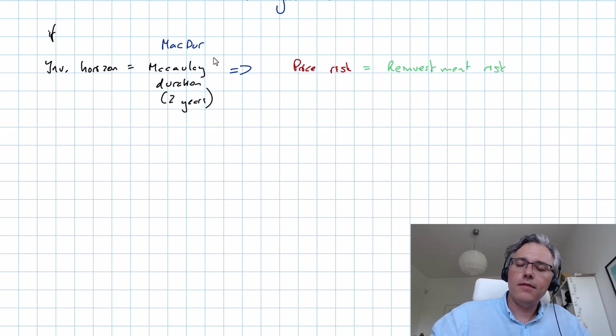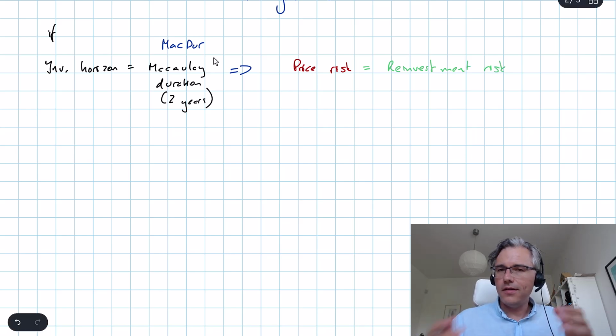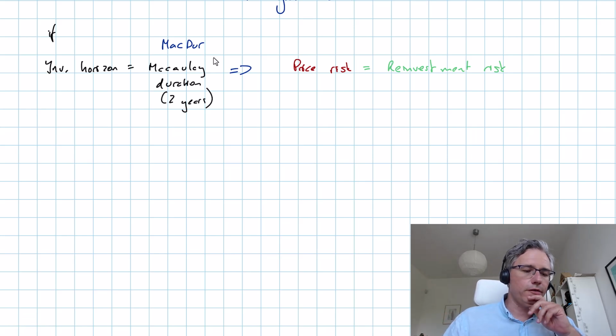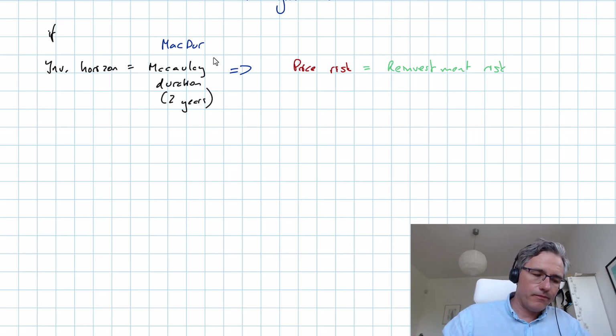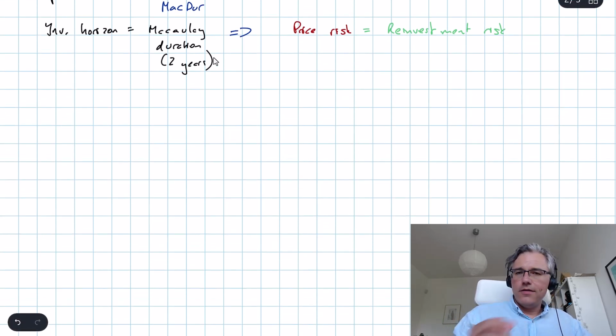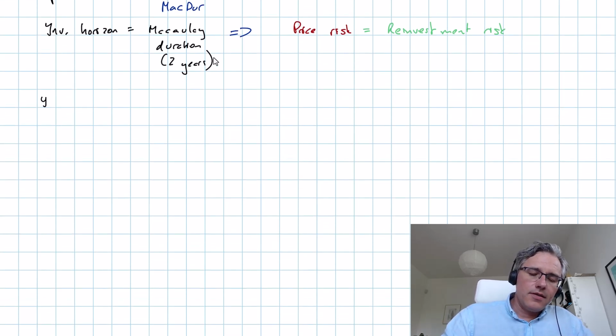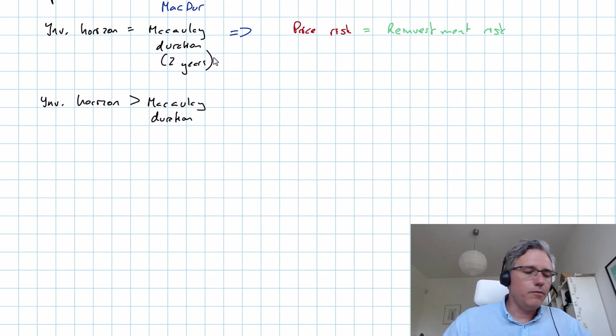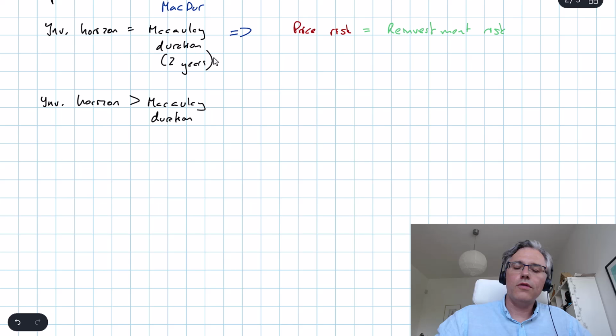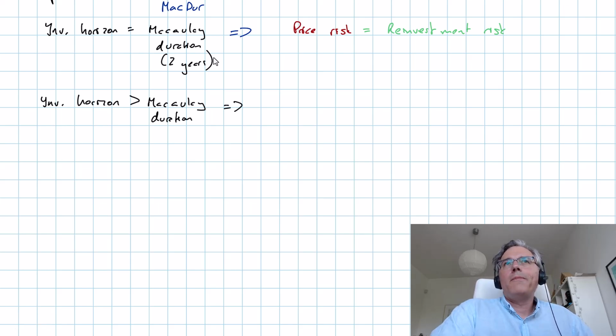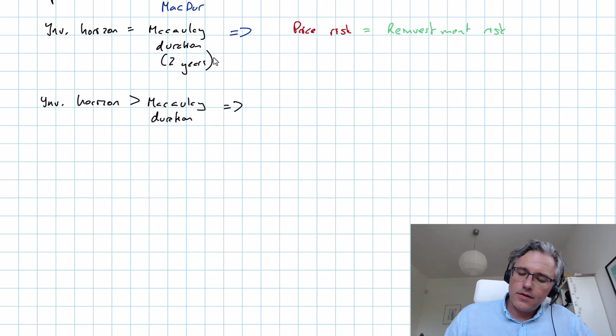And as I said, neither of these risks dominate. They perfectly sort of offset one another and balance one another. However, the tricky situation, this is something you need to appreciate, is that if the investor chooses a horizon for their investing which is longer than the bond's Macaulay duration, so in our case that would mean you hold the bond for longer than 2 years, then potentially what will happen is the reinvestment risk,